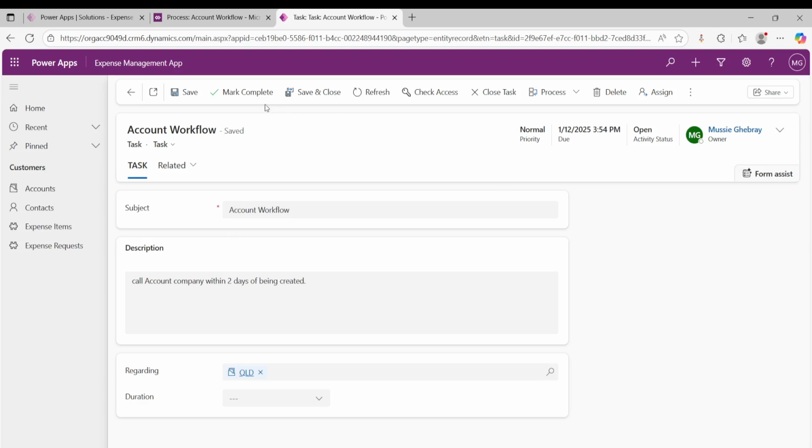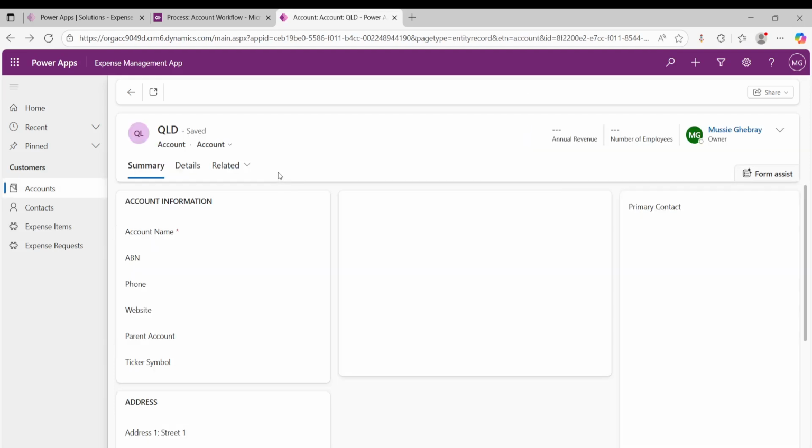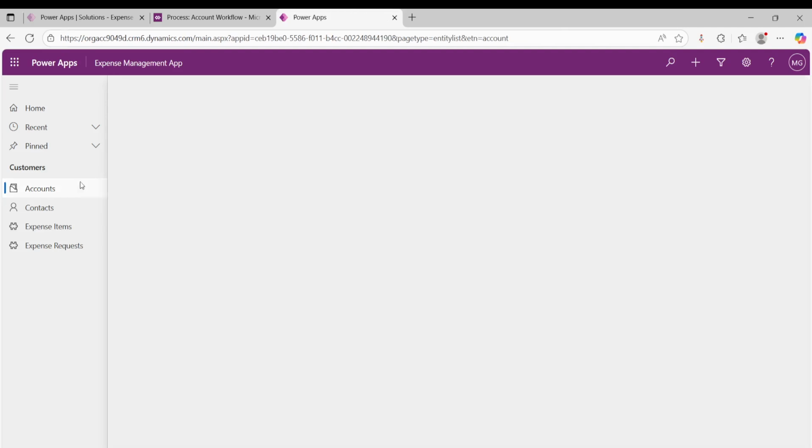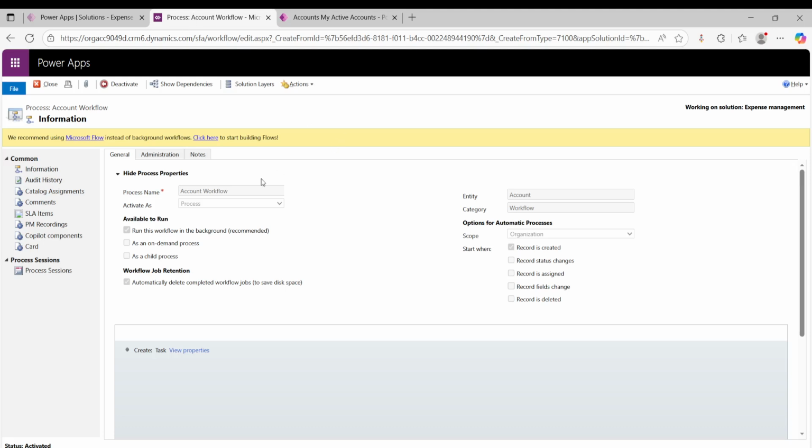From here, I can say mark as complete. If I complete that task, I can say mark as complete. That's done. And then if you see here, task completed. So there's no need to do anything further. So that's done. But what I can do now is I could also change it to on-demand process. So if I deactivate it,